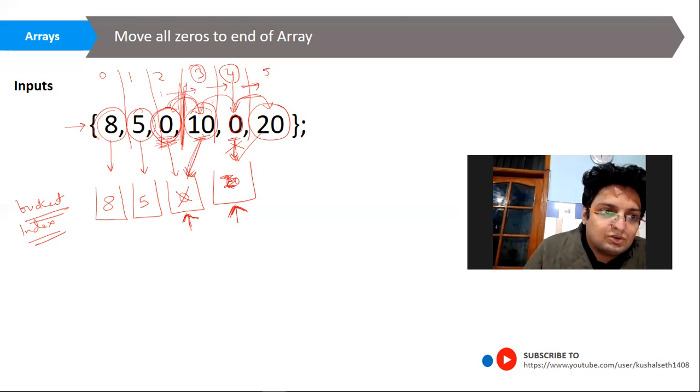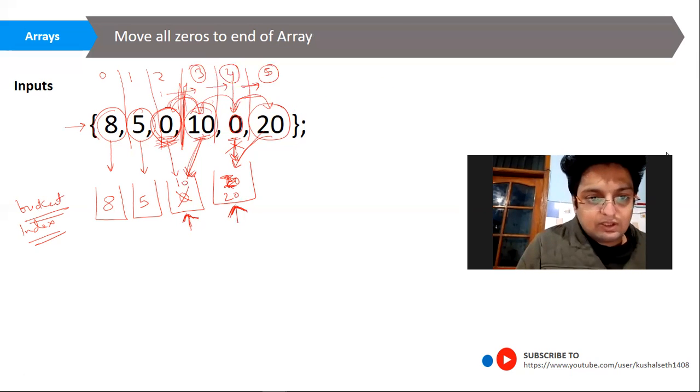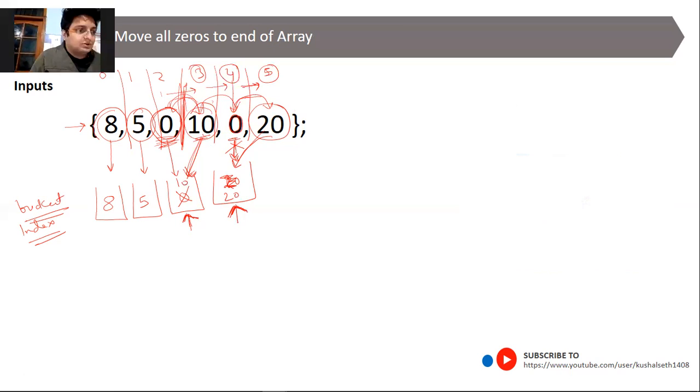Now my array index would be 5. At position 5, we have 20. So we will put this 20 at my bucket index. Here the 10 will come, here the 20. I guess this is clear. If you want, I can take one more very small example, like